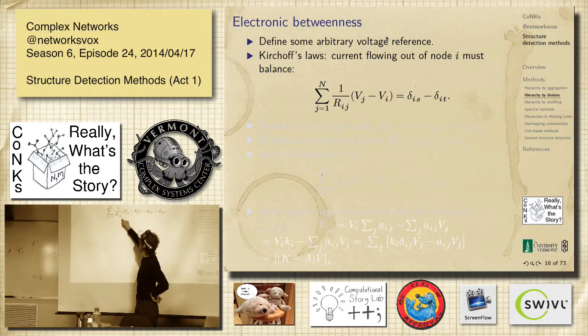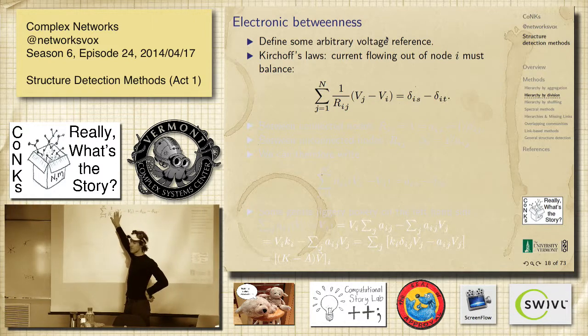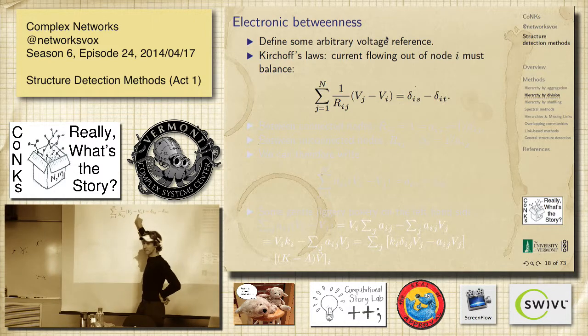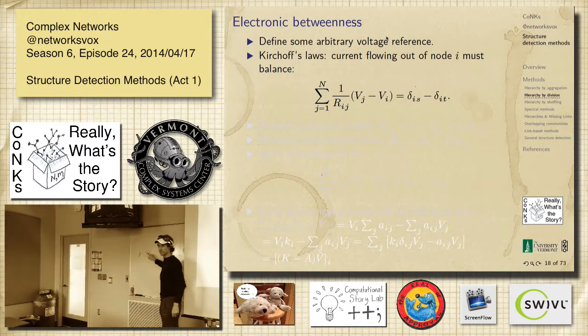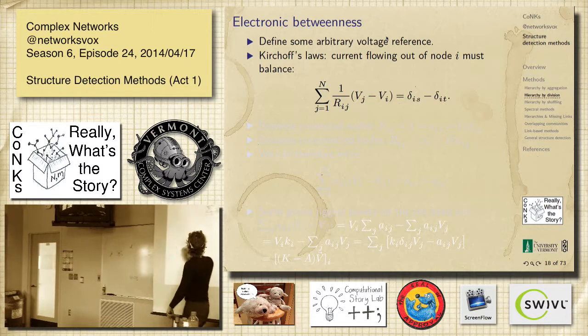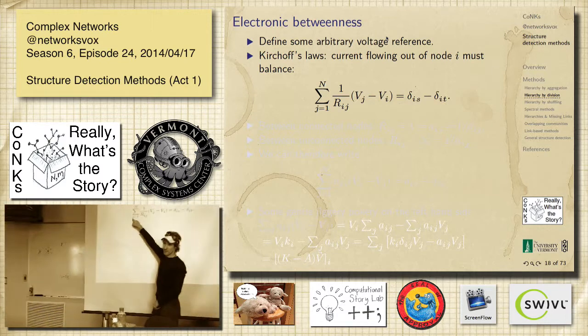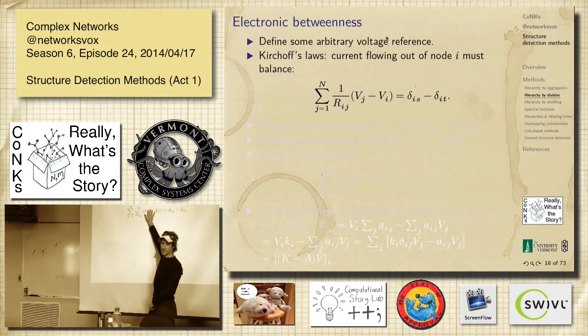So the total current, right? So this is V divided by R, which is I, so that's the sum of all the currents relative to I, right? So this is all the currents going out. We don't have to say J not equal to I, because it just gets set to 0 here.